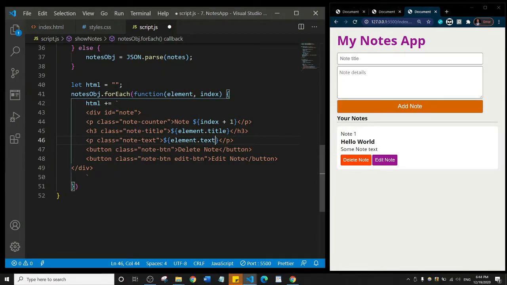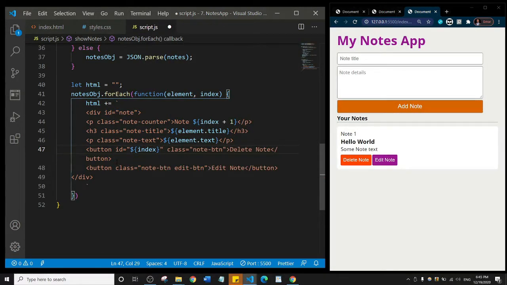Then we have the button with a class of notes button, and that says delete button. So we're going to give this button an ID, and we're going to set that to be equal to index. So we're going to say dollar index. One more thing, we're going to add an onClick event. So I'll just say onClick, and I'm going to set the onClick to